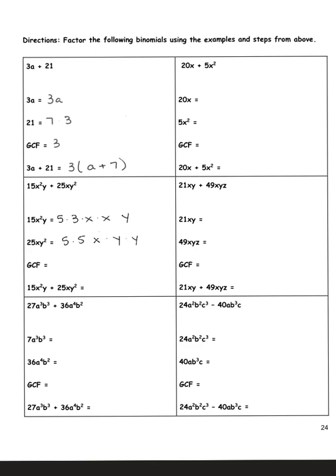So we can see that the two have 5 in common, so I'm just going to strike that out. So I know that 5 is a GCF. They have an x in common, and they also have a y in common. Okay, so I have 5xy as my GCF. Then I'm going to divide each term by 5xy,